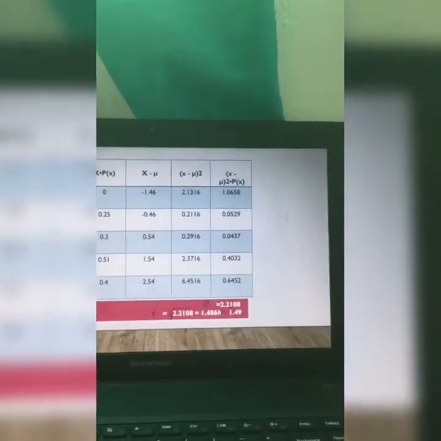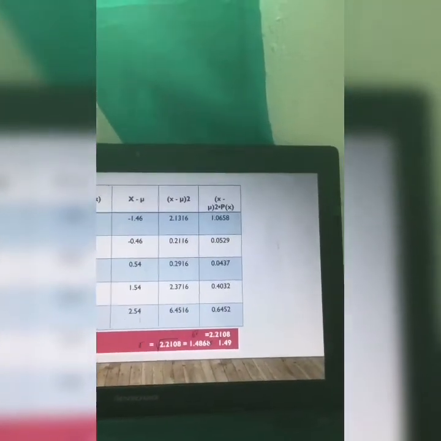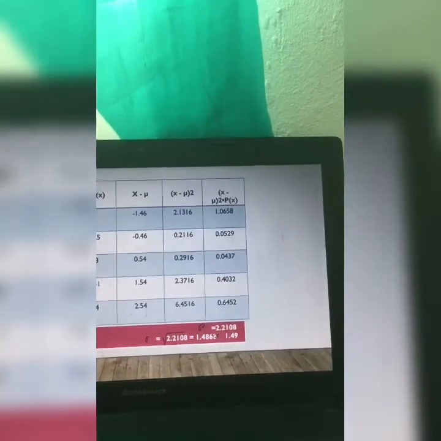How about for our variance? We only added all these outcomes or answers in this table, which is 1.0658 plus 0.0529, 0.0437, and 0.4032, and